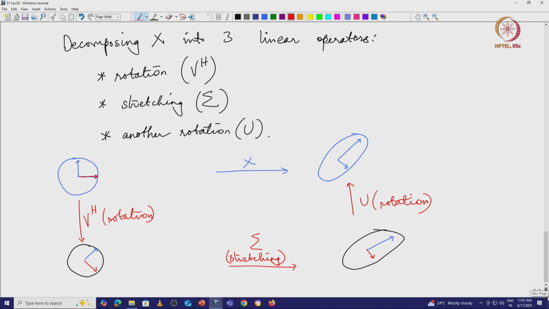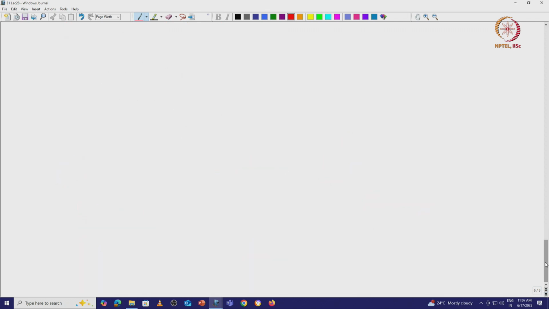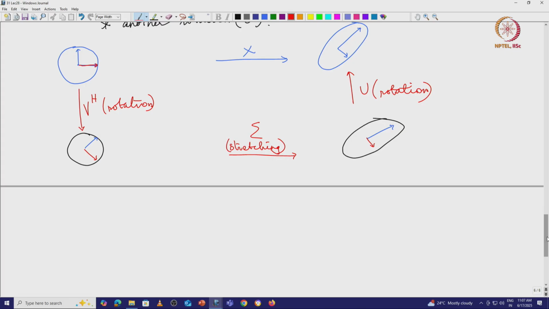So, that is more intuitive, but what about the mathematics, and what exactly is a singular value? Let us look at that now. A singular value is the extension of an eigenvalue to a rectangular matrix. If you remember, we define an eigenvalue for a square matrix, which is AV equal to lambda V. In a similar manner, we define a singular value for a rectangular matrix. So, a singular value sigma is defined